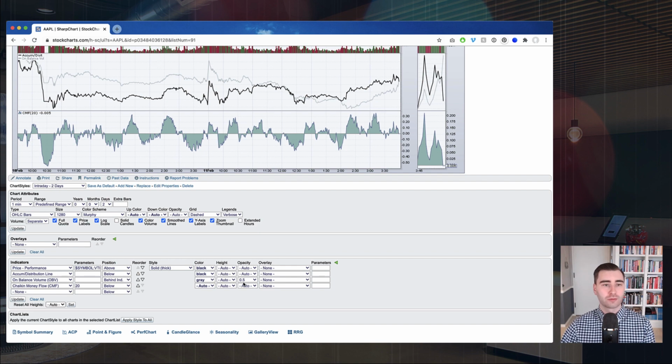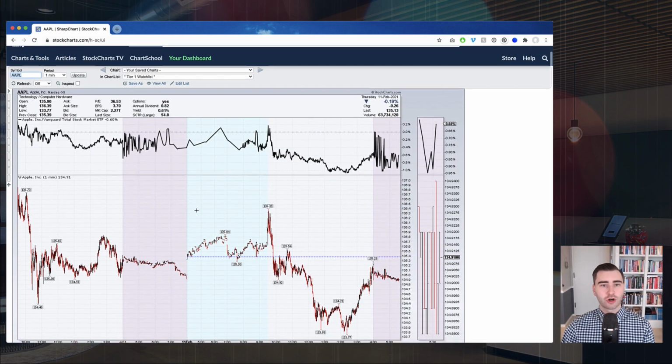We call this the SharpCharts workbench. So when you're on an intraday chart, this applies to intraday charts. To see this data, you've got to be on an intraday chart. So 1 minute, 5 minute, 15, 30, 60, whatever you want to chart, as long as it's below a daily, you'll be able to see the pre and post market sessions for the last couple of days. You come down here, you give that a click, hit update,